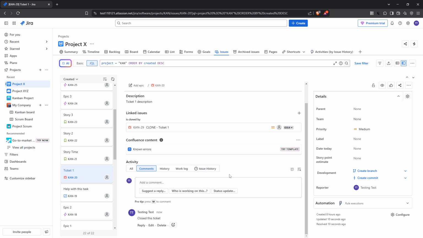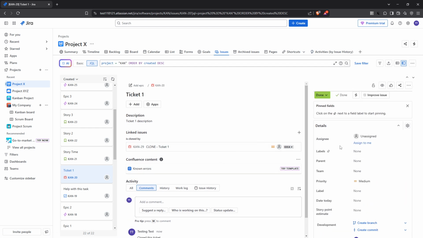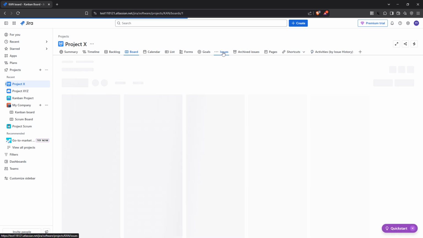Congratulations, you've successfully closed a Jira ticket. This final step helps maintain clarity within your project management system, making it easier for everyone to stay on the same page and ensuring that completed tasks are effectively communicated to your entire team. By following these steps, closing a Jira ticket becomes a seamless part of your project management routine, enhancing efficiency and team